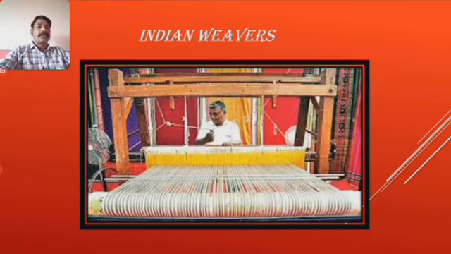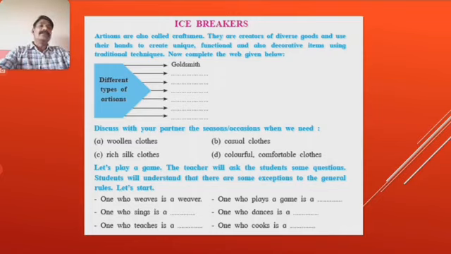See, the frame is made of planks, and behind that there is a man who works, interlacing some thread and making fabric out of it. Now I'm sure you have an idea of who are called Indian weavers. So this is the Indian weaver, and the frame made of planks is called the handloom. Now we have to see this poem line by line, but before that